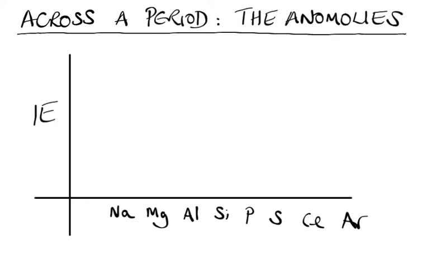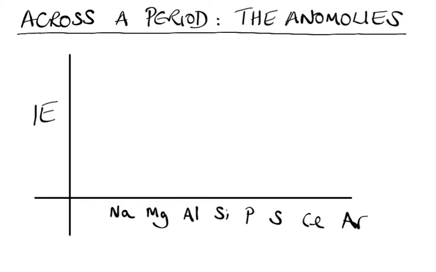In this section we're going to have a look at ionisation energies across a period and in particular the anomalies in this trend. Just remind ourselves what the trend is as we go across a period. So here we've got a little graph that we're going to draw of ionisation energy against atomic number, and I'm picking on period 3, so we're just going through from sodium to argon, and we probably remember that as we